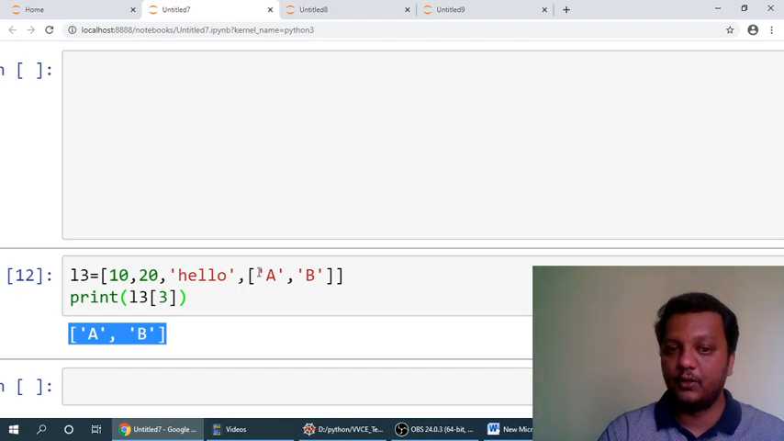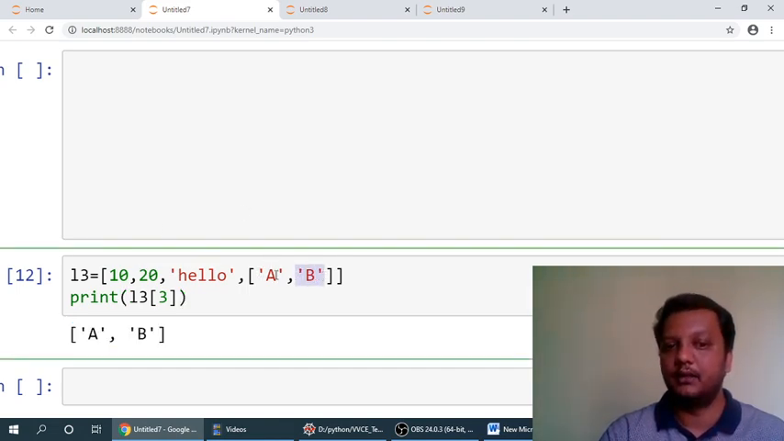Now, if I want to access only this B: at index 3 there is a sublist A, B. Inside that, again there are 2 elements, A and B. For this inner list, this is index 0 and this is index 1. So if I want to access this element B, I would write